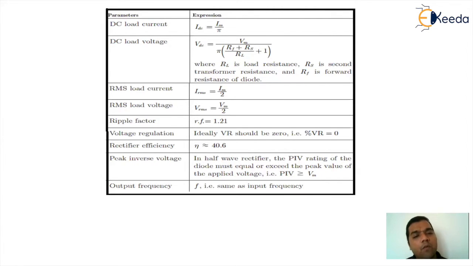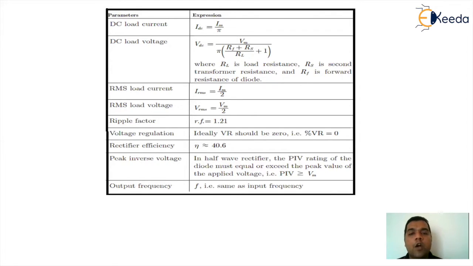So first of all, what do you mean by ripple factor? Ripple factor indicates the amount of ripples or fluctuations in the output. Since you can see clearly that we have eliminated one of the half cycles, obviously the DC contribution is very less. So the impact of fluctuation on the DC is going to be more, and that is the reason the ripple factor is on the higher side. And that's a major reason the rectification efficiency comes around 40.6%.